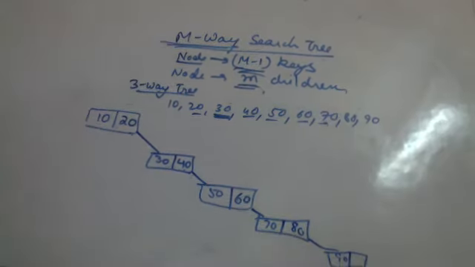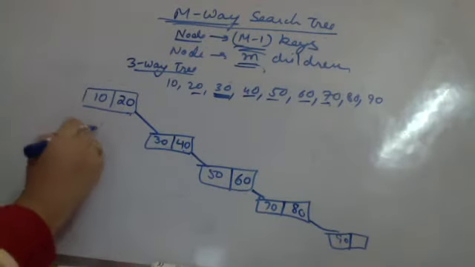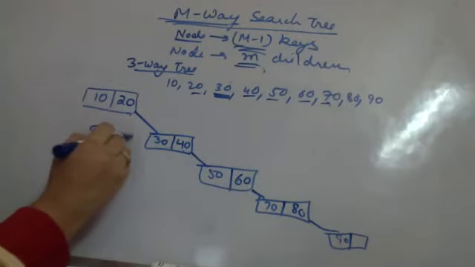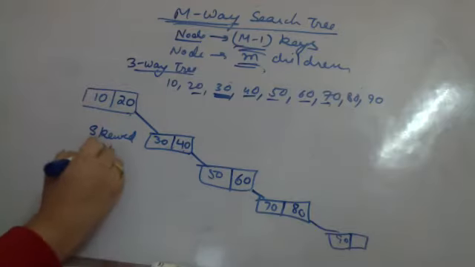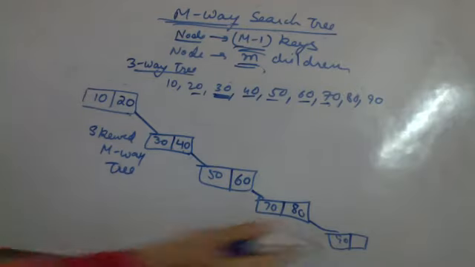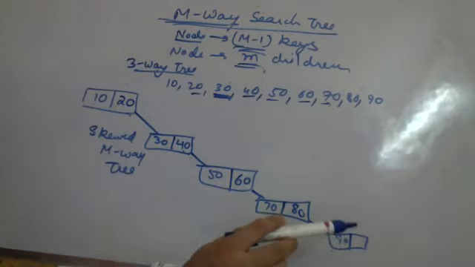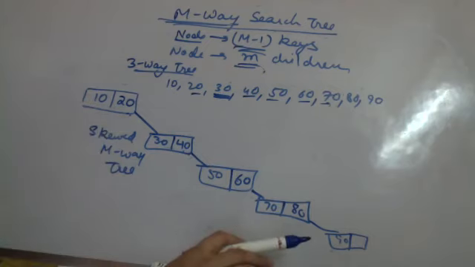So what is happening in this case is, if you can see, this is a skewed M-way tree. It is right skewed. The M-way tree has also become skewed, and if I have to search for some element, say if I have to search 90, I will require at least 1, 2, 3, 4, 5 disk accesses, which is very huge. That is why we did not use the M-way tree.